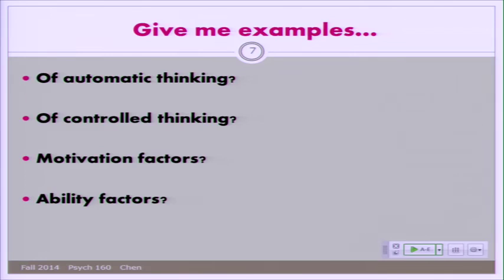What I want to move to now is we've done a whole lot of talk about automatic and controlled thinking, cognizing, perceptions, interpretations, that word construals. And that's so important, and I hope I have really pounded that into your head from the outset of this course, the notion of construals and thinking, that it's so important that we're thinking about thinking. But ultimately, as a social psychologist and social scientist more generally, we're interested in understanding behavior. Does this automatic and controlled distinction apply to behavior? To say the punchline up front, the answer is yes.